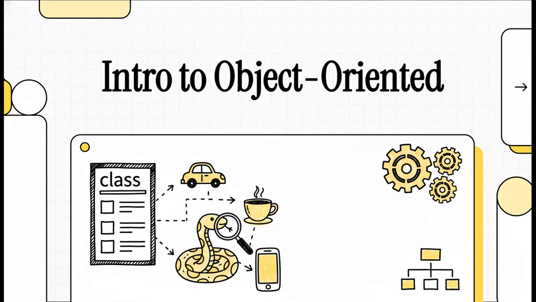Hey everyone, let's talk about object-oriented programming, or OOP. Now I know it sounds super technical, maybe even a little scary, but what if I told you that you're already using it all the time in Python, even if you have no idea? In this explainer, we're going to pull back the curtain on OOP. We'll demystify it and show you why it's such an awesome tool for writing code that's cleaner, smarter, and way